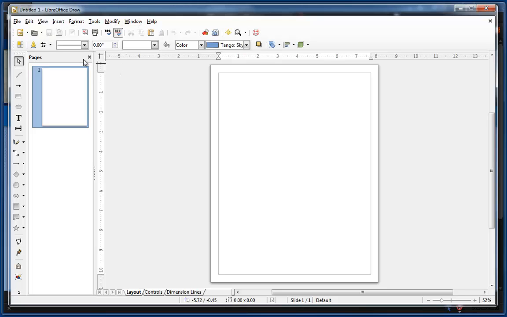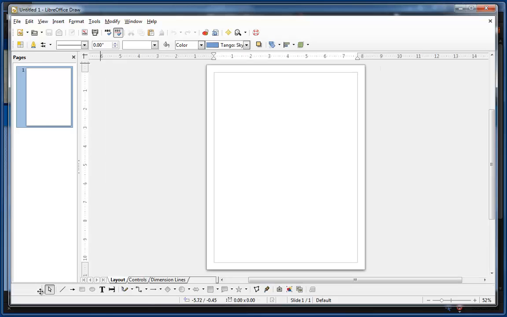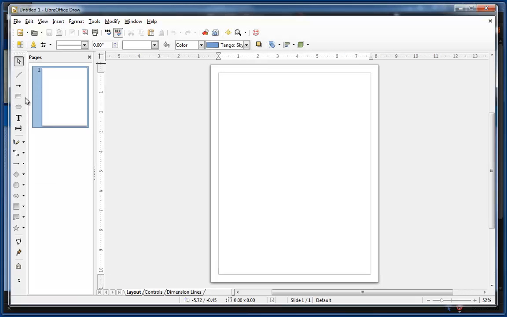So now that we're into Draw here, let's first get the interface worked out for us. The default setup is the tools are down here, so you can drag this, hover to the left, and you'll get your tools there. This is more like a Photoshop setup. I usually decrease the size of the Pages panel. I don't need that. And then I like to,